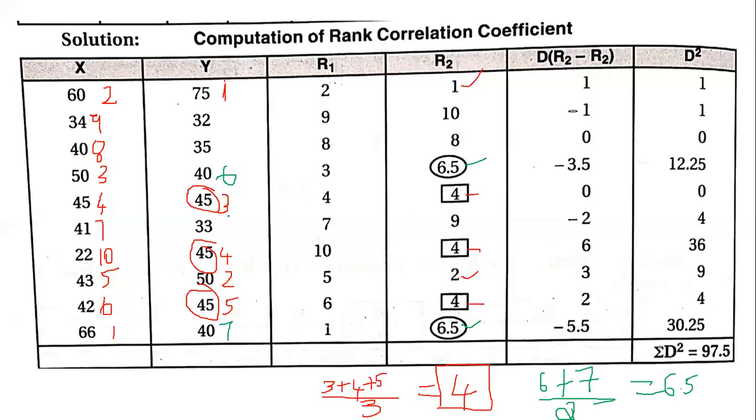Okay, so now 7 ranks are completed. Now next, 8th rank. The next smallest number is 35, and it is not repeated, so 8th rank as it is. Next, the next smallest number is 33, which will be your 9th rank. Again, it is not repeated, so given as it is. And the last number left out is 32, that is the 10th rank. So 10th rank is also written as it is. So this is how we put the ranks to the repeated numbers. If it is not repeated, direct ranking will be put as we have done in R1. Any doubts until here?